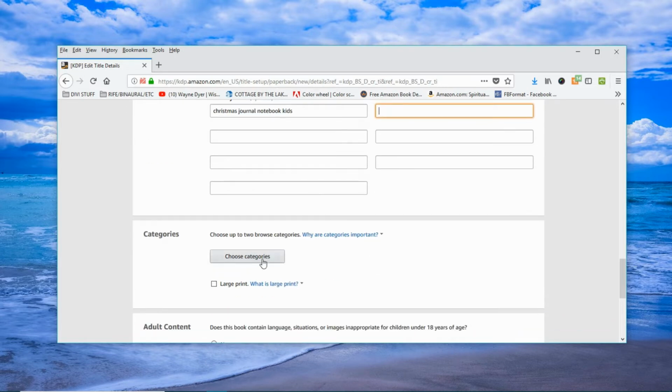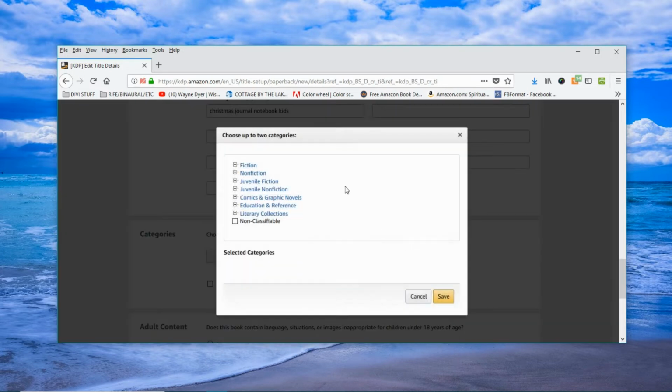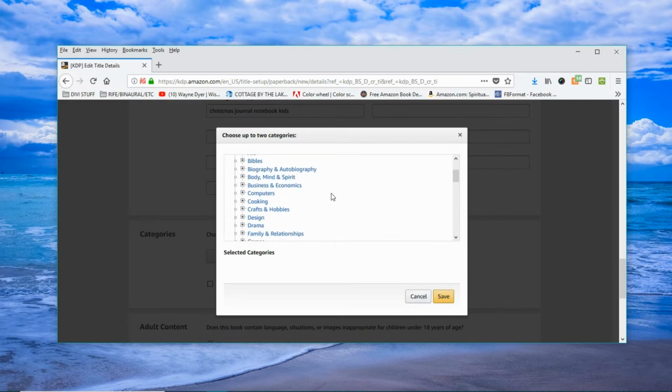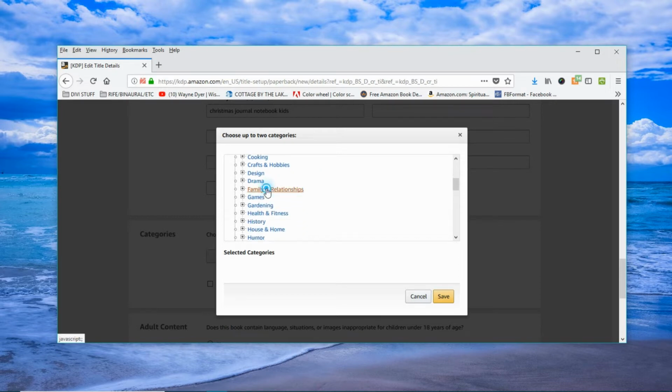Now categories, okay? Go through them. It's a bit different than CreateSpace from what I found. So you need to go through them and you get to choose 2. So here for these, go